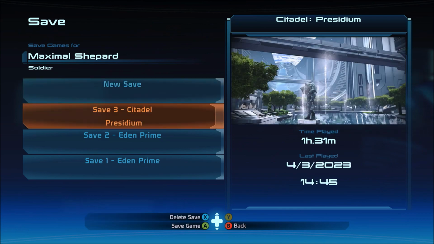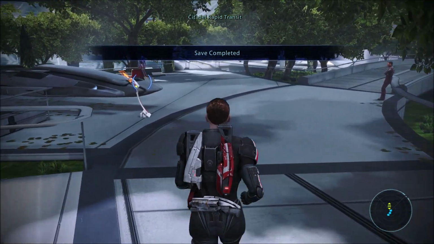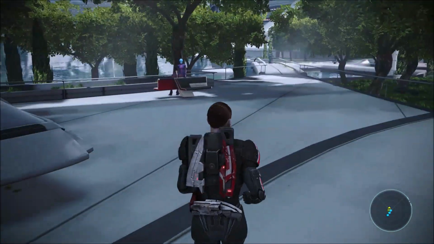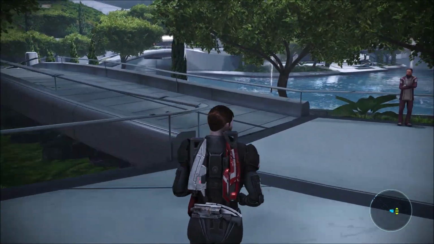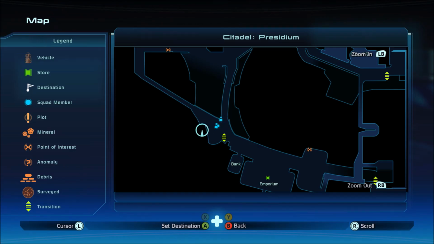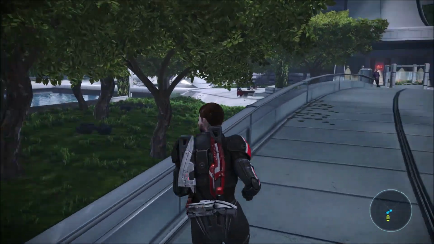That's a point. You know what? I should actually save because I'm walking around, and if something happens, it's not going to be a good thing if I'm just walking around and then my game just crashes. Go down a minute then, or a bit. For now,